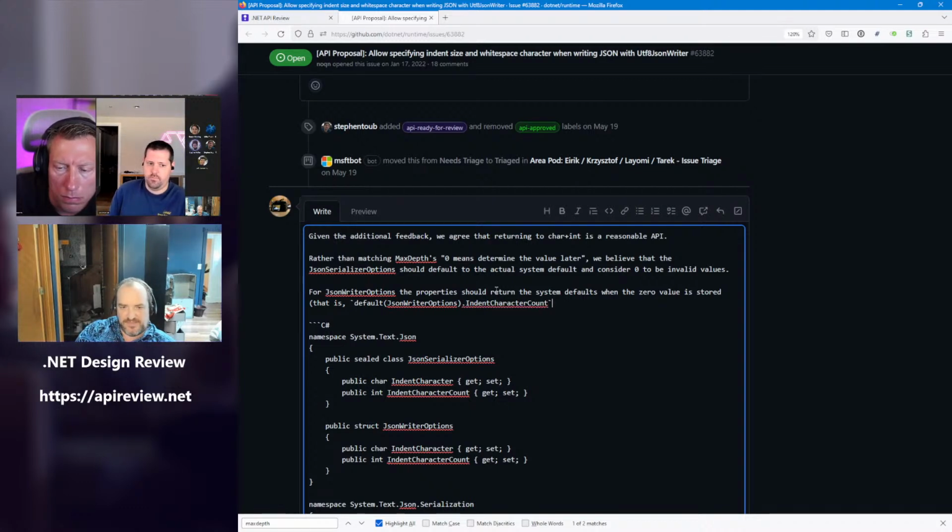Because an argument for having 0 just mean the default number is that if you switch from spaces to tabs, you could have different defaults, if 0 just meant the default for whatever the character was. Yeah, we have special case characters, but I could see if someone just wanted to switch to tabs, they probably want 1 tab per indentation. You could make that just work. I mean, this is all an argument for having a string property.